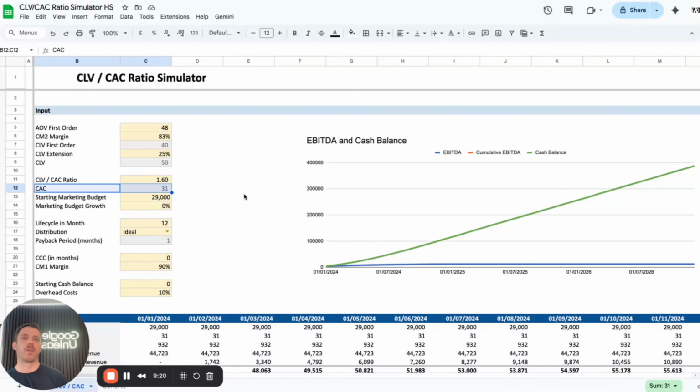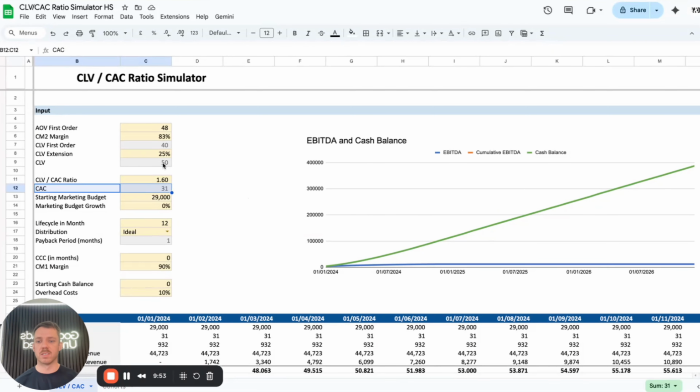You also need to understand what CAC means: customer acquisition cost. That is the cost that you can spend in your marketing to acquire a new customer. Okay. Then you also need to understand what CLV means. That's your customer lifetime value. That's your entire revenue generated by all of the customers that you've generated, divided by the number of customers. So let's say within the last year you've got 100 customers that have spent 1,000 euros, then your customer lifetime value is 10 euros.